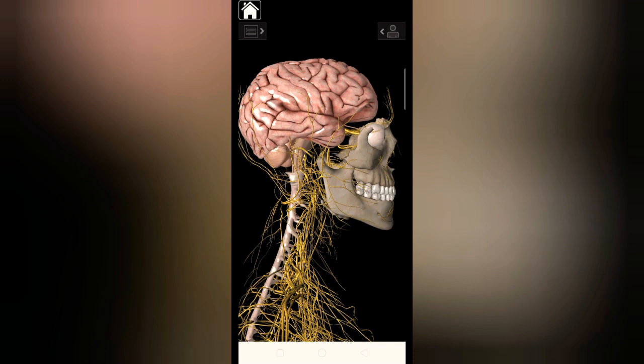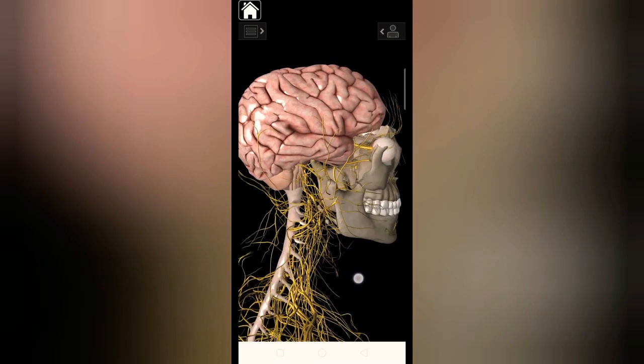So central sulcus is an example of a limiting sulcus. Why are we saying so? Because it is separating the motor area from the sensory area. It means it is separating the precentral gyrus and the postcentral gyrus. The precentral gyrus defines the motor area and the postcentral gyrus defines the sensory area.